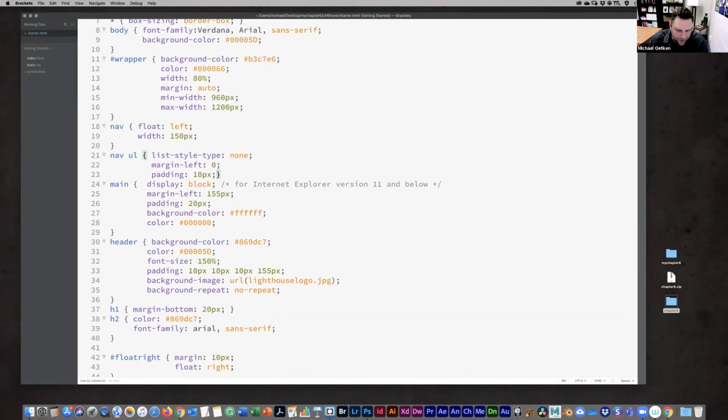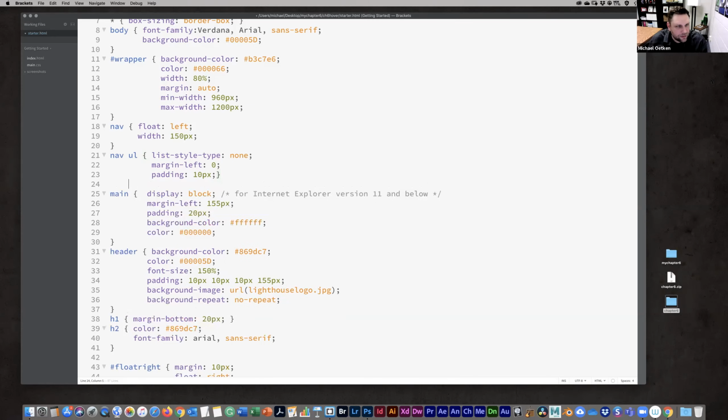The last step we need to do is create some of these, we talked about how you can make the links change colors when you hover them and different things like that. So we're going to set up a nav anchor. For this one, we're going to tell it to get rid of the underline.